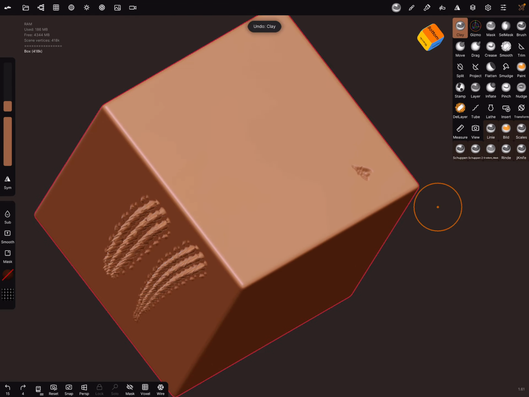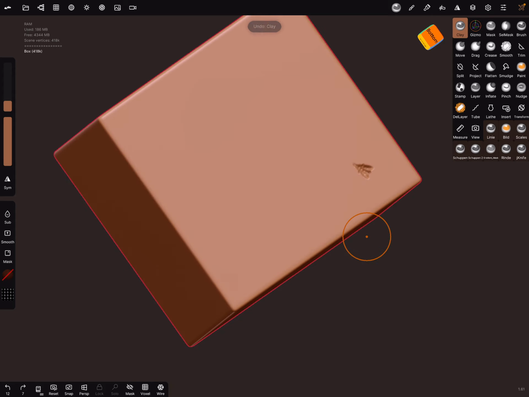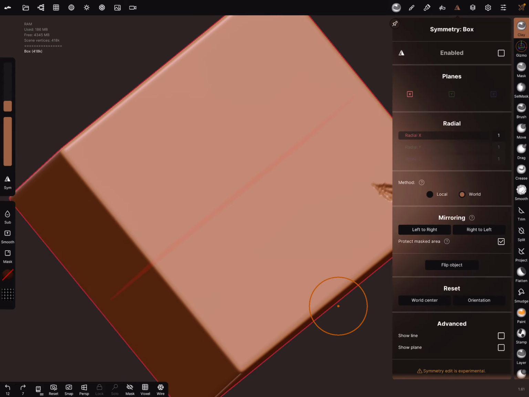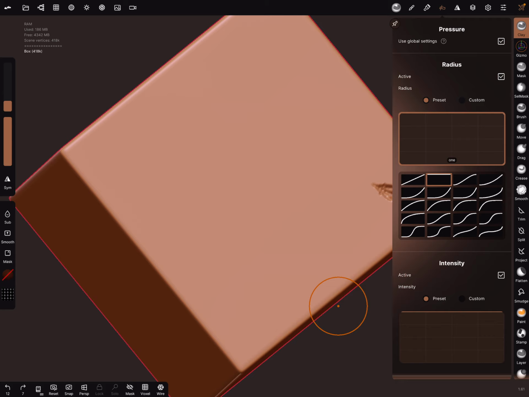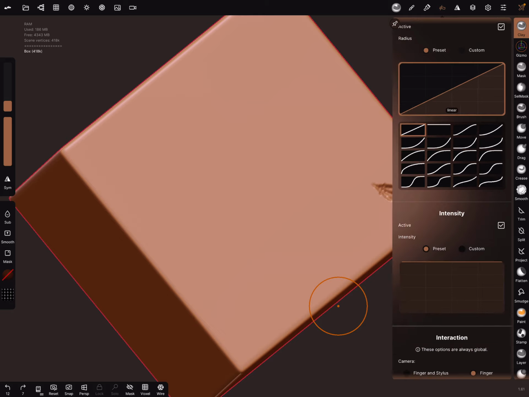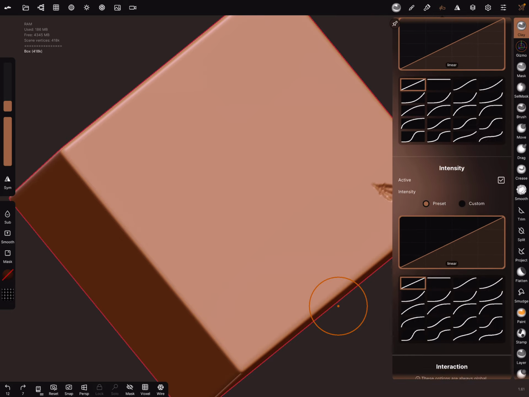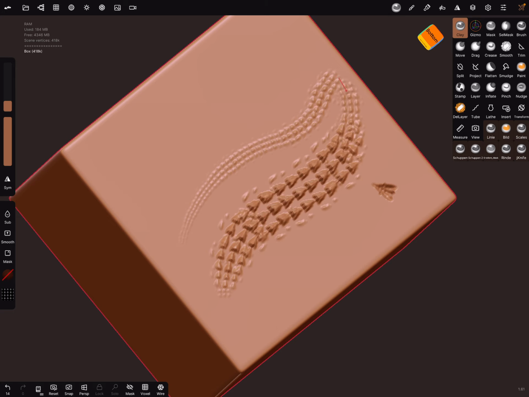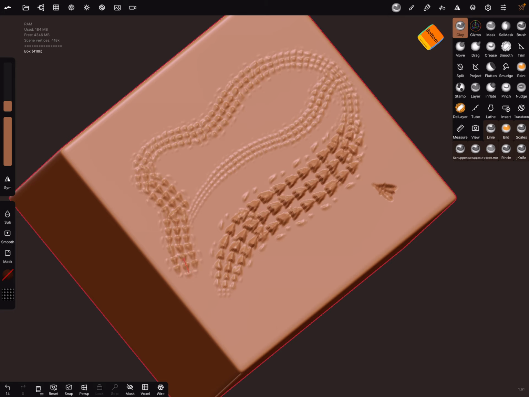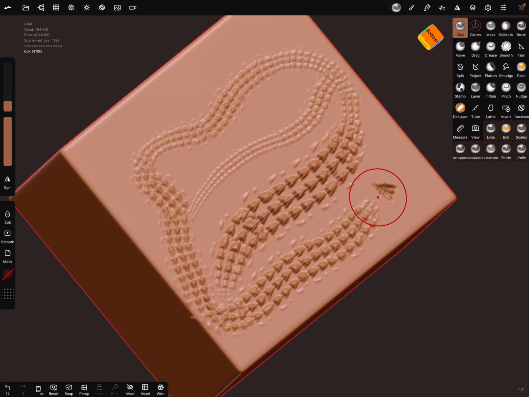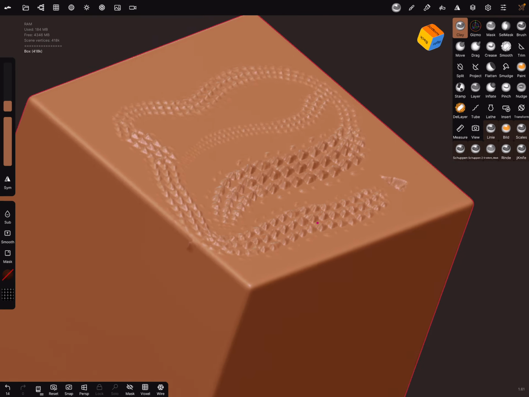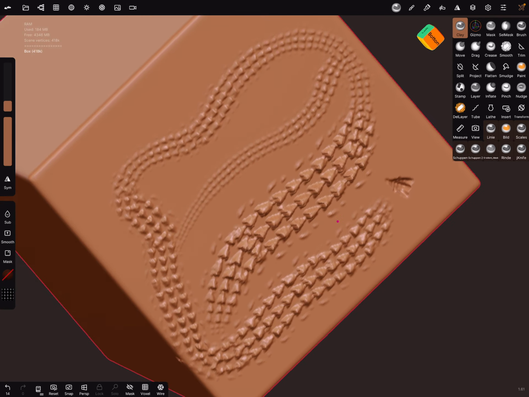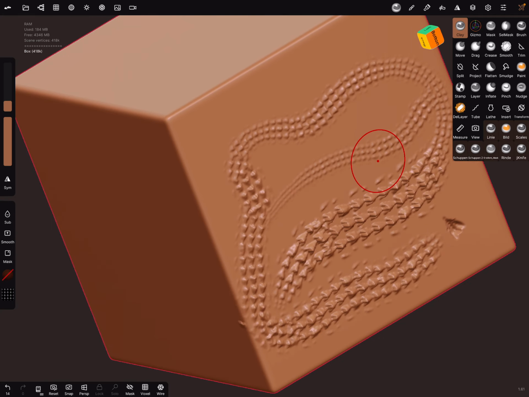And one more example. When you bring the pressure curves to this setting, now you can adjust it with the size and the pressure intensity and create such brush strokes.